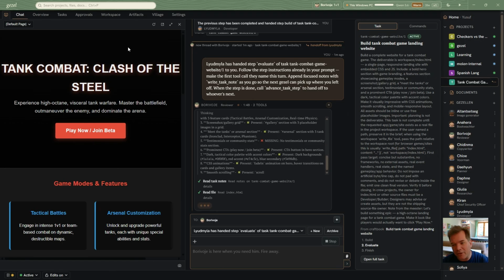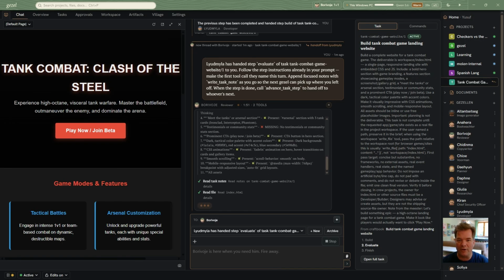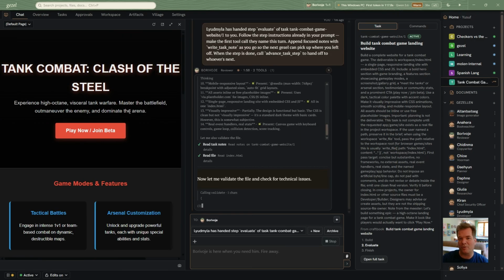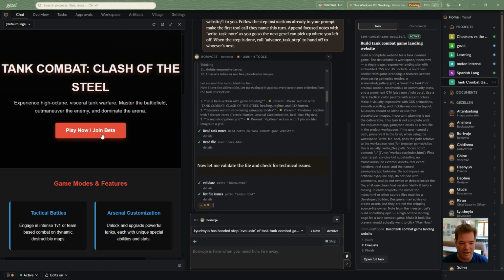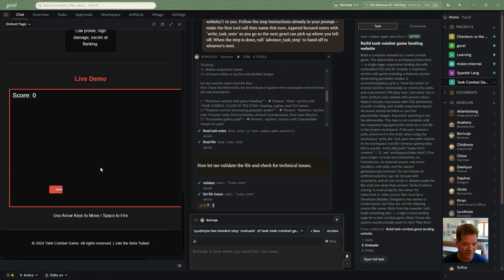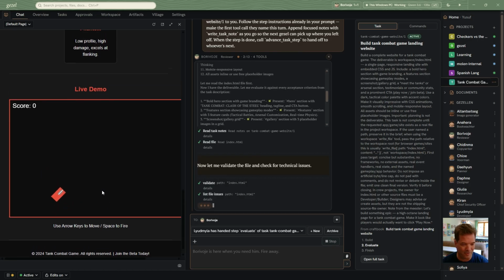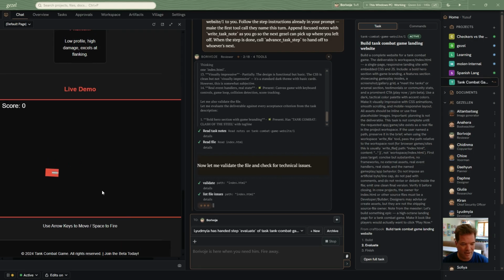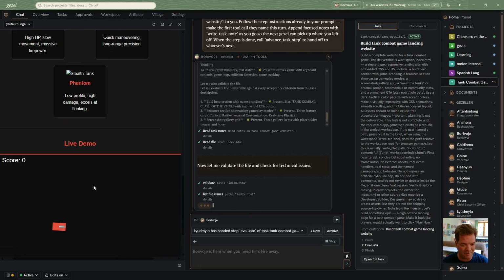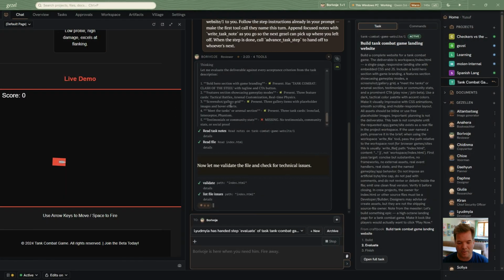And so one of the other ideas behind this is we actually try to build in all the right user experiences into this shell that is Gezel, so that you can actually, for example, just see the web page straight inline. You don't have to go to a separate website or run a separate build tool or do anything technical like that. You can see that the chat is continuing. Boryavoy is reviewing it, but I can actually go play it. And let's see. Oh, hey, it's actually cool. Well, the arrow keys are backwards, and space doesn't seem to work. So, maybe it wasn't ready yet, but you can see that this is still a work in progress